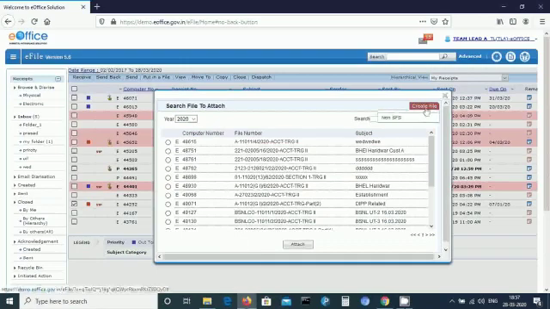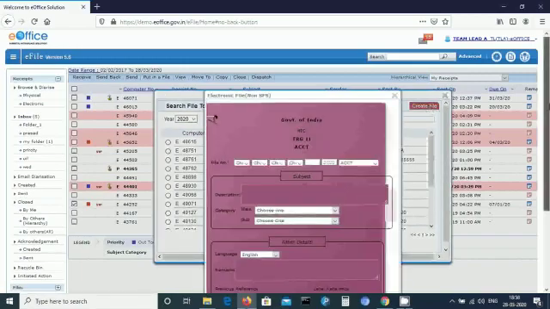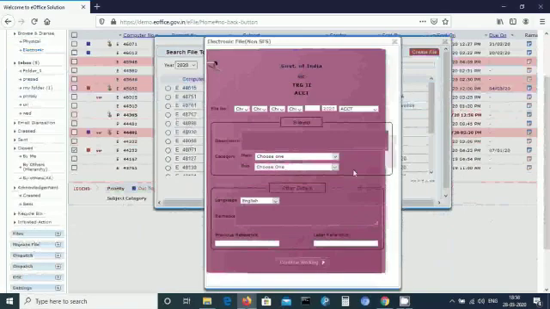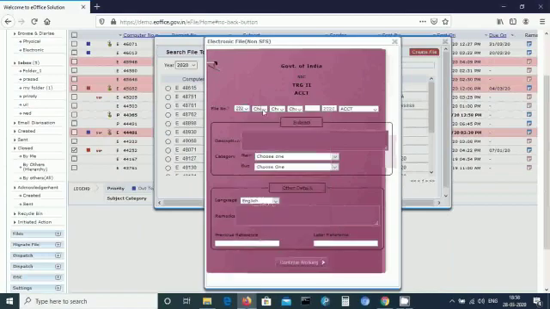After clicking that option, you can see a file will appear just like your hard file containing the basic head. Let me select the court case, the primary head, the secondary head, and if a tertiary head is available, you have to select the tertiary head.